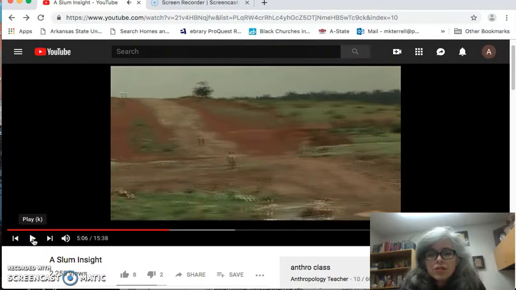So let me pause this for just a second and make sure that you know this word tenure. It's not a sociology specific word. It's just a good college level vocabulary word, like we talk about from time to time, for you to add to your vocabulary. Tenure means that you have a right to something.